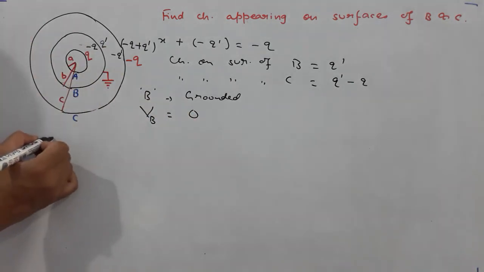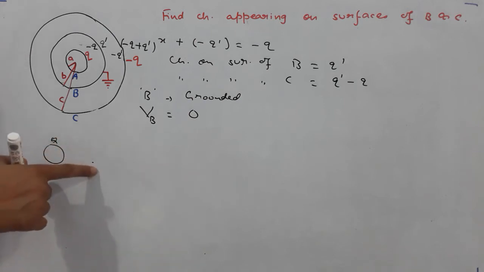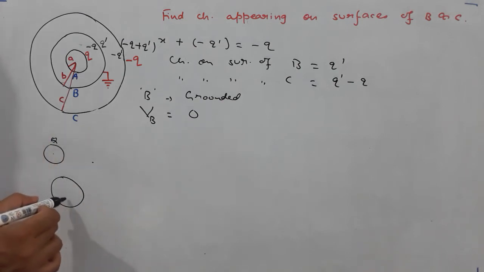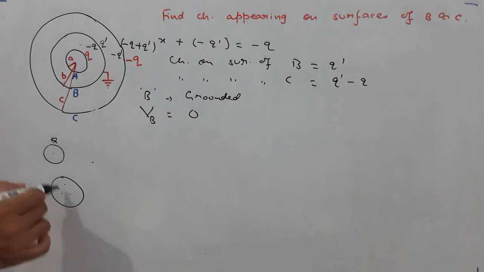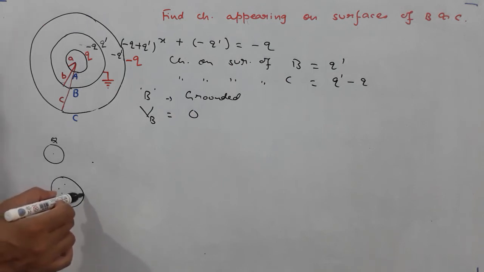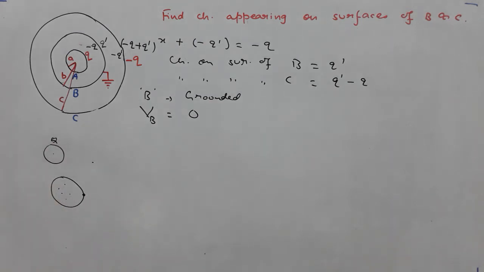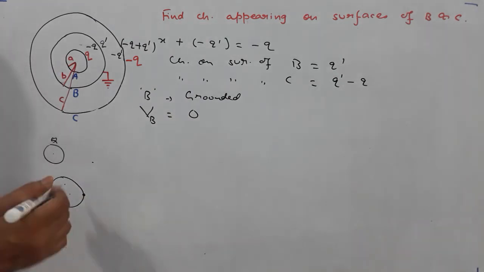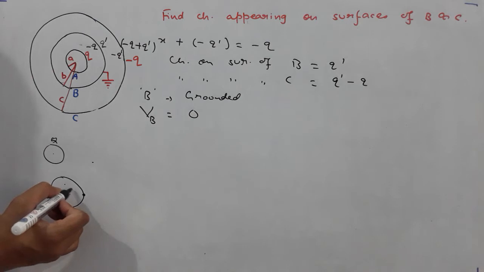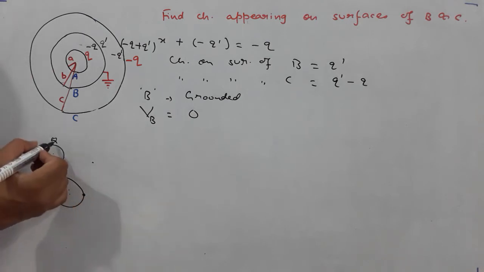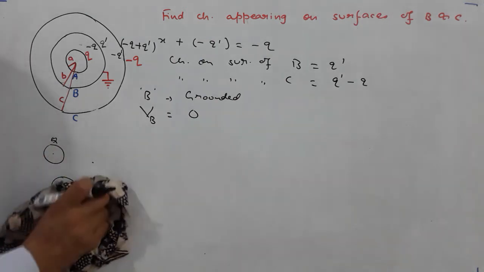If there is a cell having some charge, for points outside, the potential has the same formula as if the entire charge is placed at the center. But for a cell, for points inside, the potential has the same formula as the formula for potential on the surface, because inside the electric field is 0. This we had discussed earlier in our regular classes also, you should keep in mind. So for points inside, the potential has the same value as on the surface, and for points outside, the potential has the same value as if the charge is placed at the center. So we will use this concept.